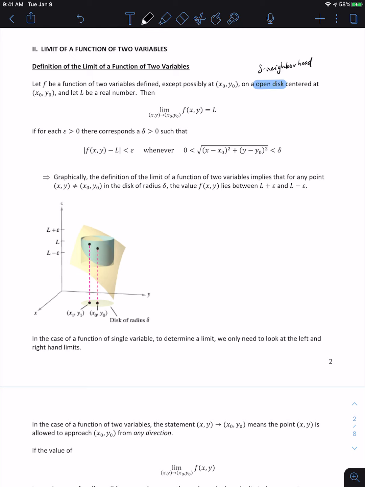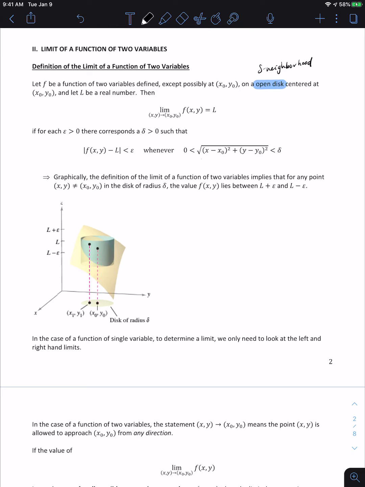Okay, and we let L be any real number. Then the limit as (x, y) approaches (x naught, y naught) of f of x is equal to L. In other words, the limit exists and equals L if for each epsilon greater than 0, there corresponds a delta greater than 0, such that the absolute value of f of x minus L is less than epsilon, whenever 0 is less than the square root of (x minus x naught) squared plus (y minus y naught) squared